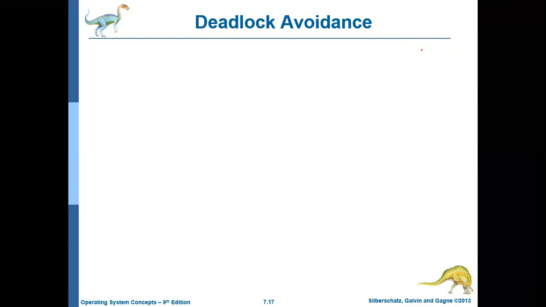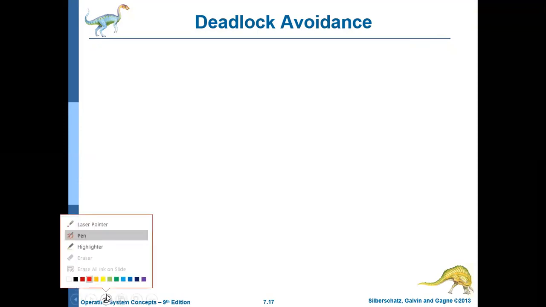In the deadlock avoidance technique, the system, that is the operating system, may need some additional information about how the resources will be requested by the process. So basically the operating system needs more information from the process about the resource request pattern. Let us try to understand this with an example.